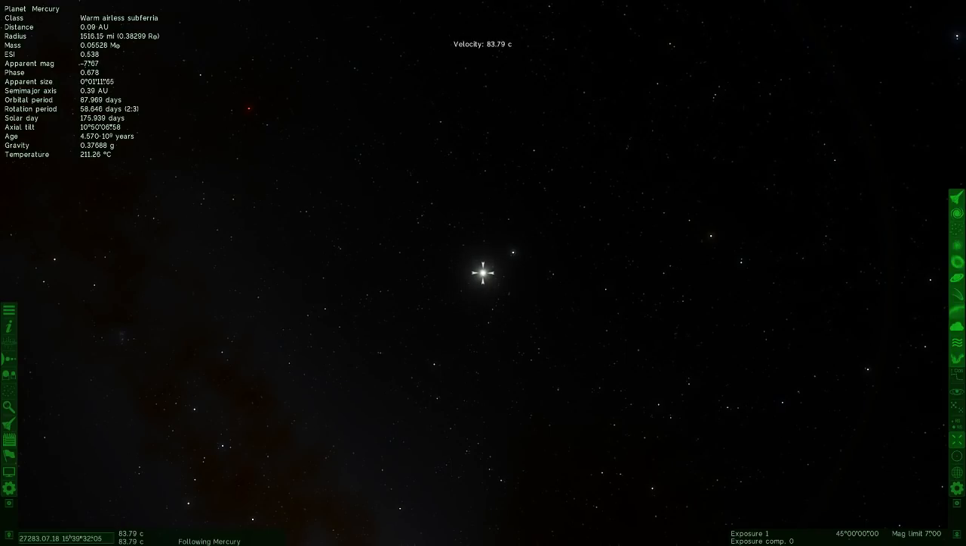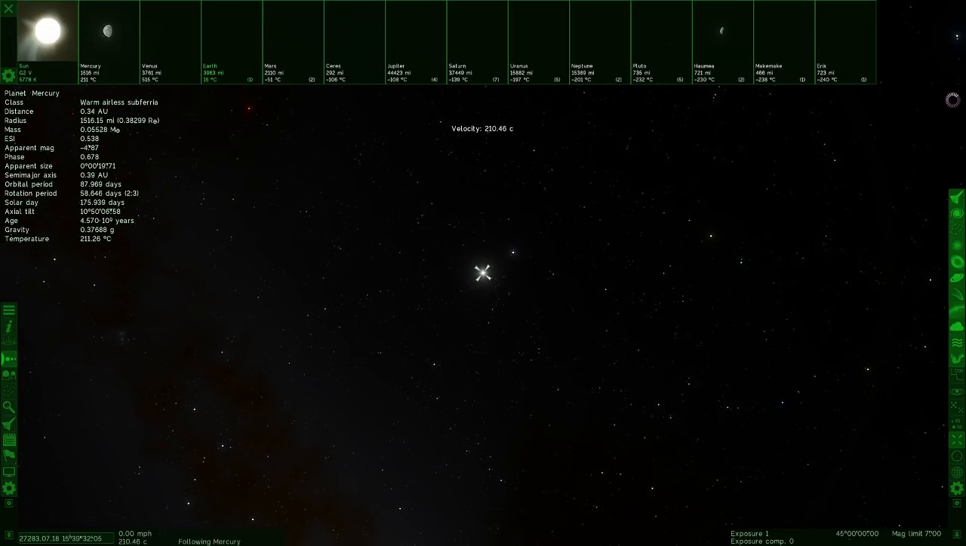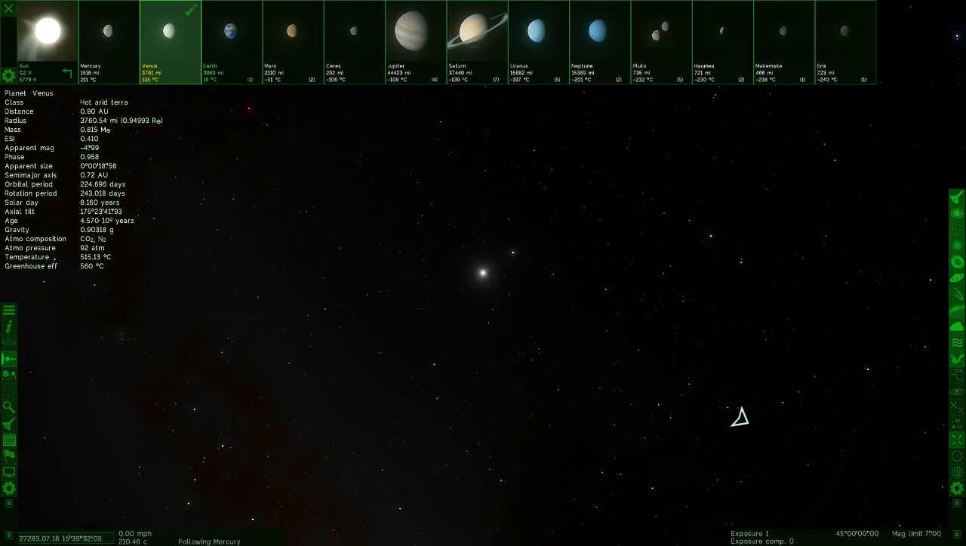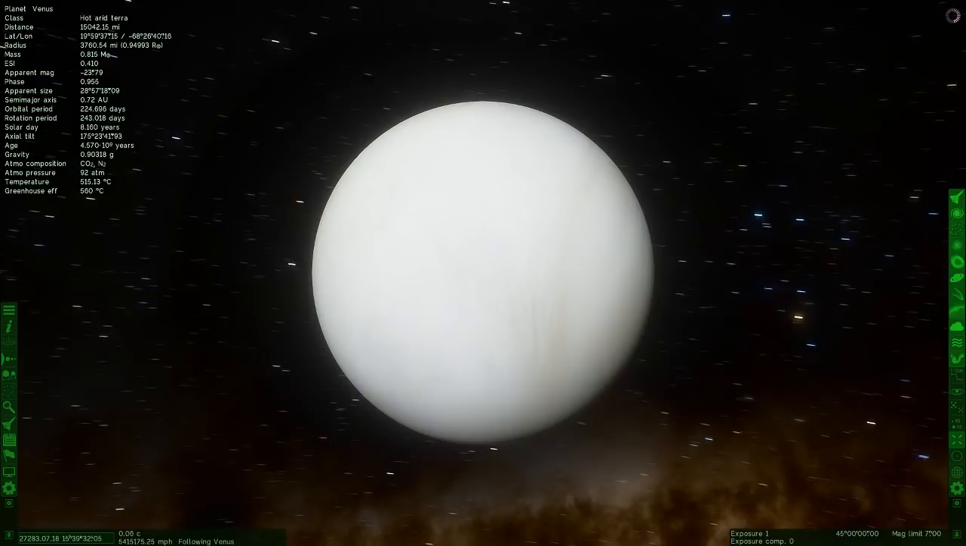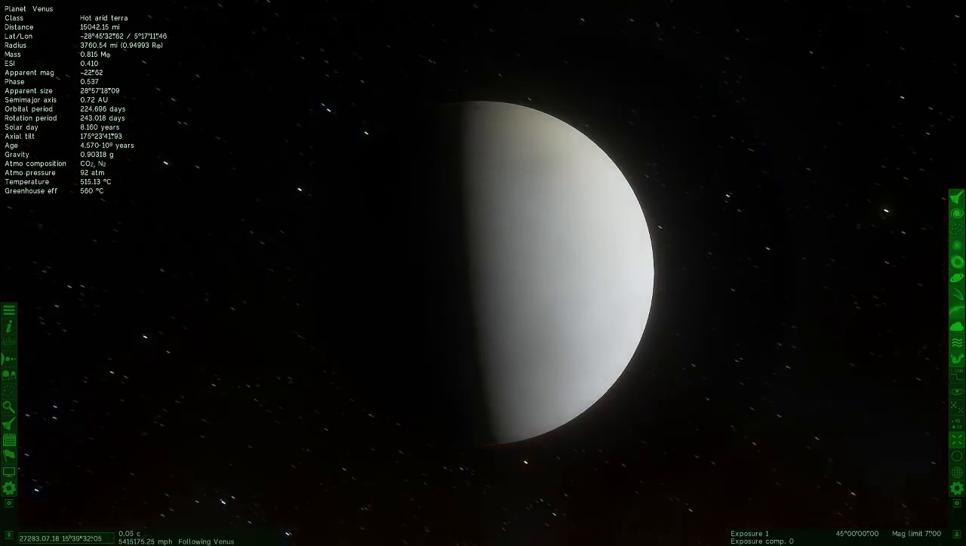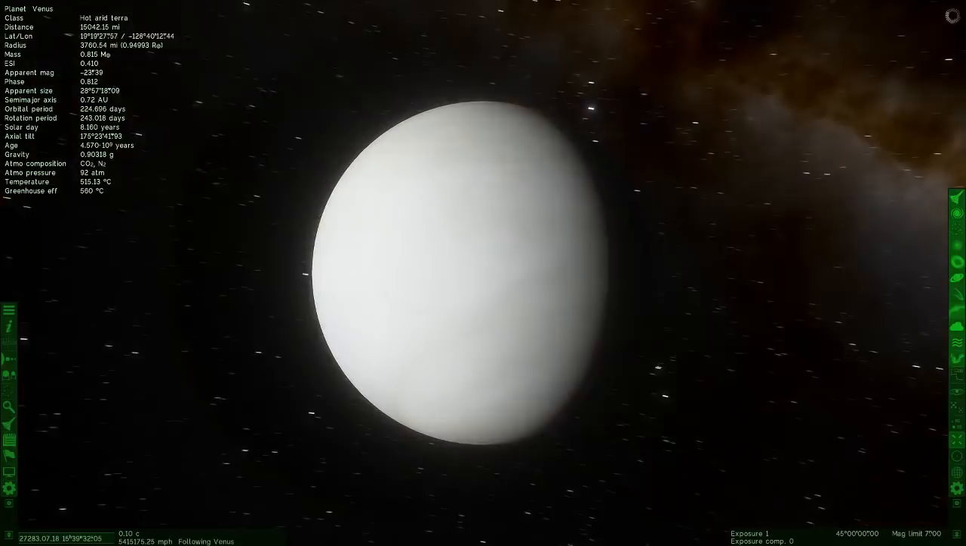So let's go ahead and zoom out from Mercury. Let's go to the solar system. There we go. Let's go to Venus next. So yeah, we'll go over here, turn it off. Right, here we go. So here is Venus, and like our custom version in Universe Sandbox, where we've used the